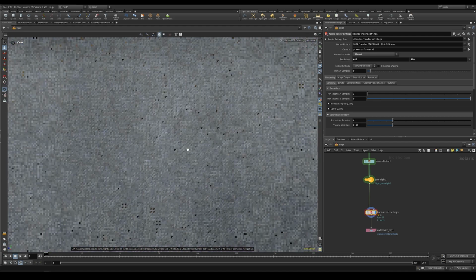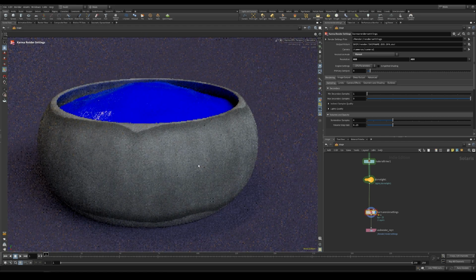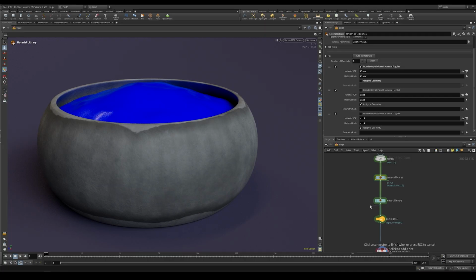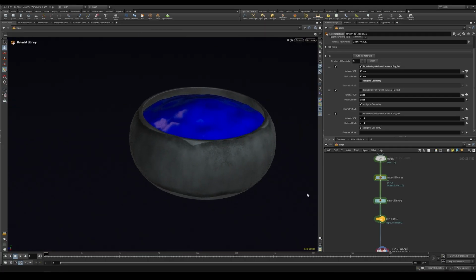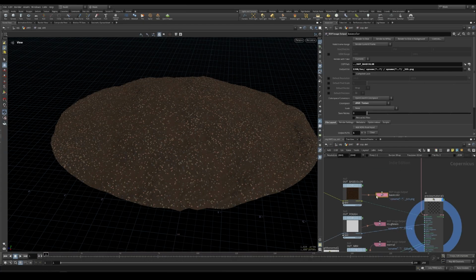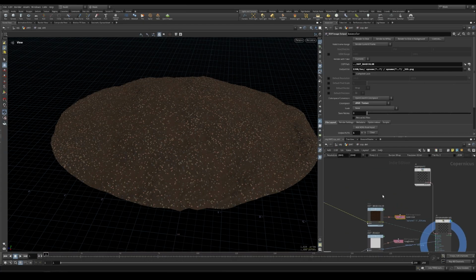So it seems the textures are working. And my advice, once you have some texture that you like, write it as an image. It will be faster than this live grabbing from a Copernicus network. So once you are happy with a texture, basically if you want, you can write it as an EXR using